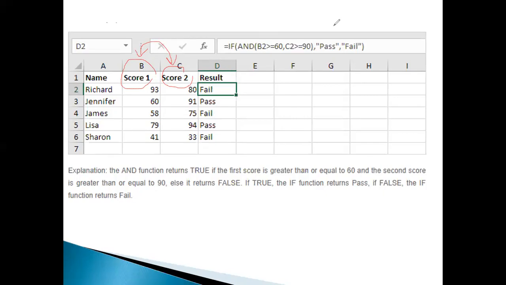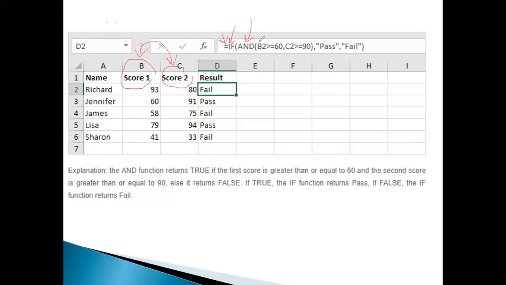So what we can do is use the AND term apart from IF. Look here. First of all, we type equals to, then IF, and then we put the AND statement also.